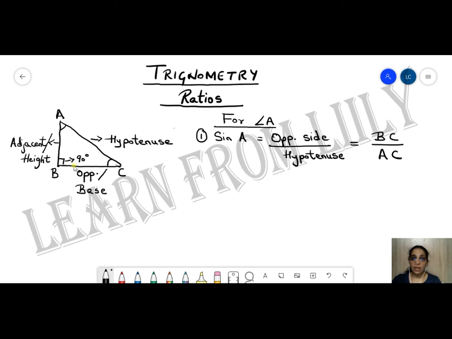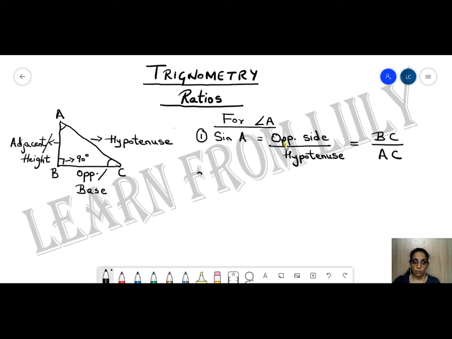Now suppose they had given us the numbers over here, that BC is this much and AC is this much. Then I would use those numbers and I would get a ratio in terms of a fraction or a number. It can be a whole number also, or it can be a fraction also. So basically this is how you define your sine. So this was about the first ratio.